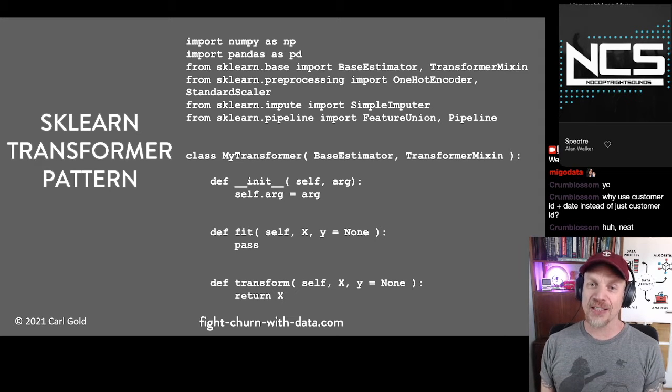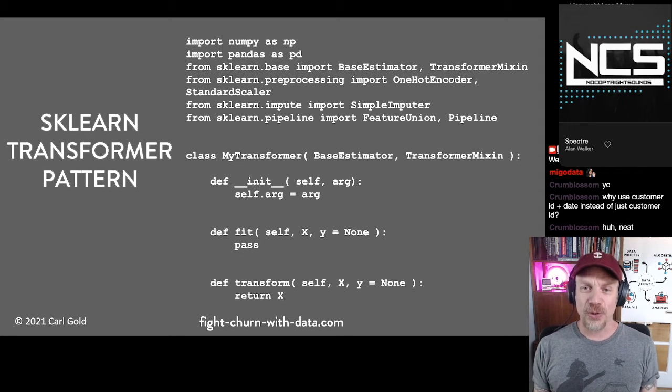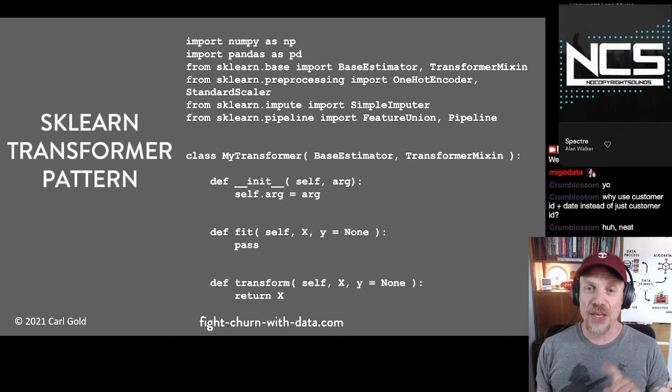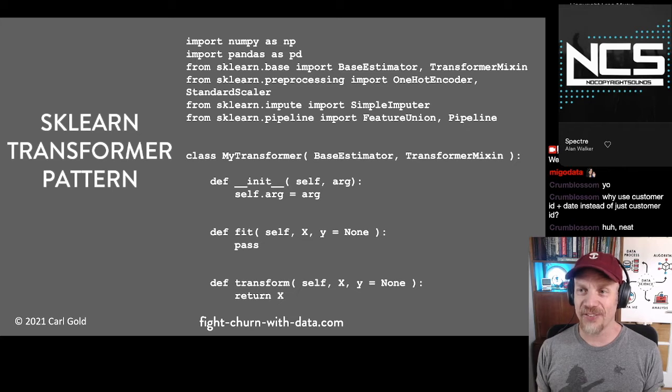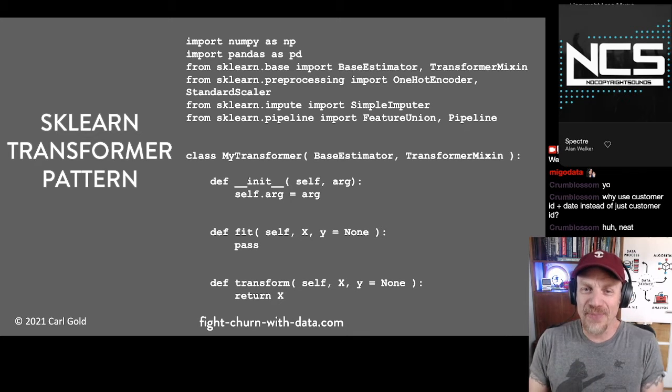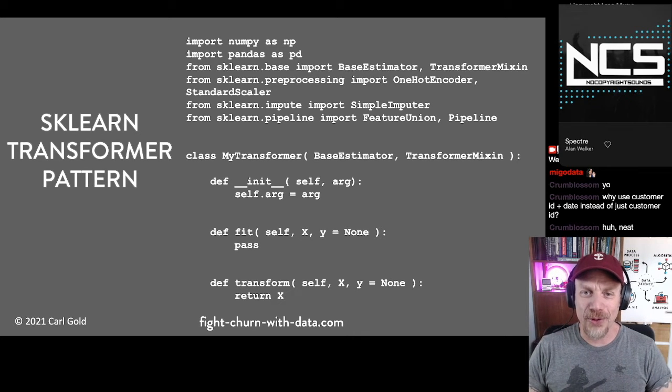And if you're a data scientist already, to explain why you would do this, you fit on your training data and then you reuse the transformer but without refitting it on your testing data. That way you avoid bias in your test. So hopefully that makes sense to everyone who's heard of this before, and we'll do a real example in just a sec,